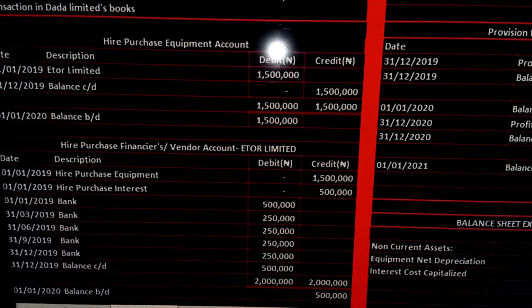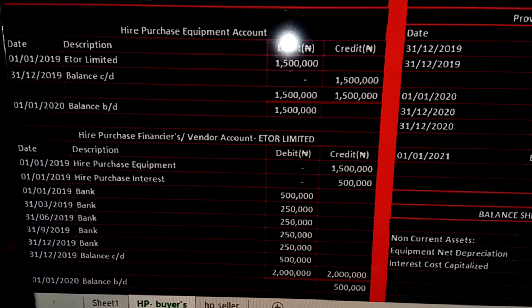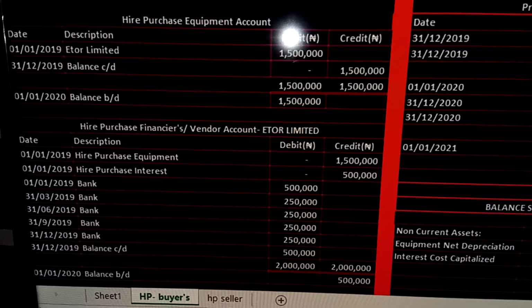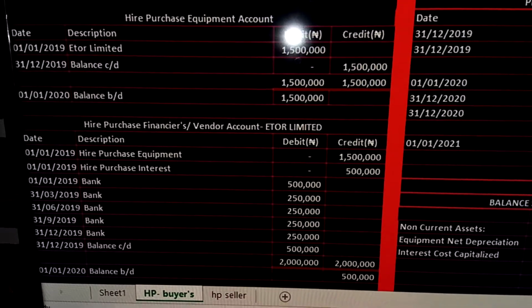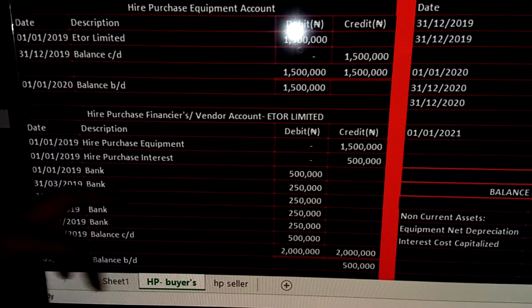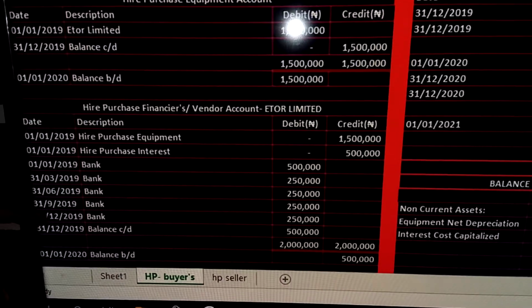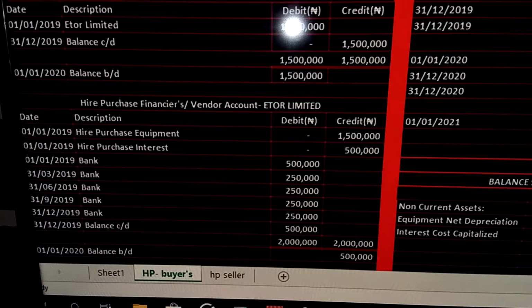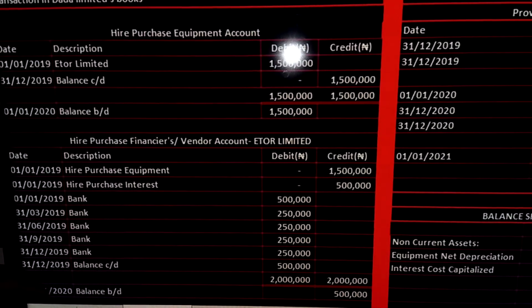Okay, and how many quarters do you have in a year? So you have the first quarter, the second quarter, third quarter, fourth quarter. That means you're going to pay 4 installments in 2019. So that means on 31st March, you pay 250,000; 31st June, you pay 250,000; 31st September, 250,000; 31st December, 250,000. Okay, so the balance remaining will be what? 500,000,